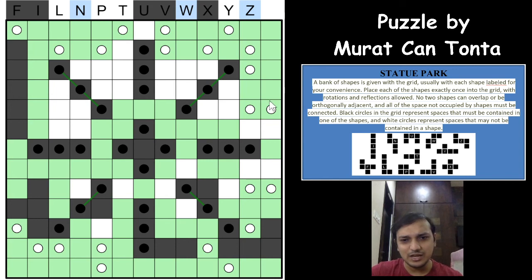Now, can this be the T pentomino? No. Let us not go for the T pentomino. Before that, we'll need to go for the L. Which bunch of cells can take the L pentomino? There is exactly one, and it is this one, right? This will have to be the L pentomino, either this way or this way, which means all of these cells will be white. Now we know that we have done the L pentomino also.